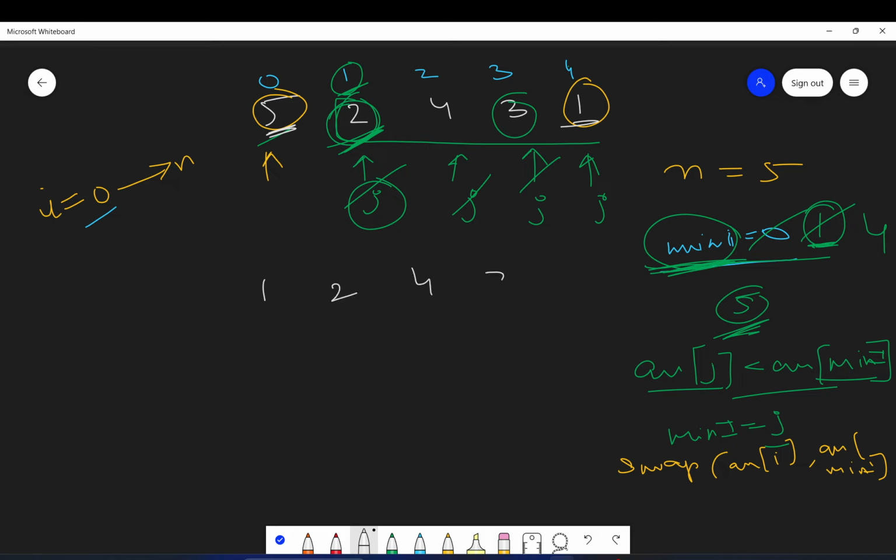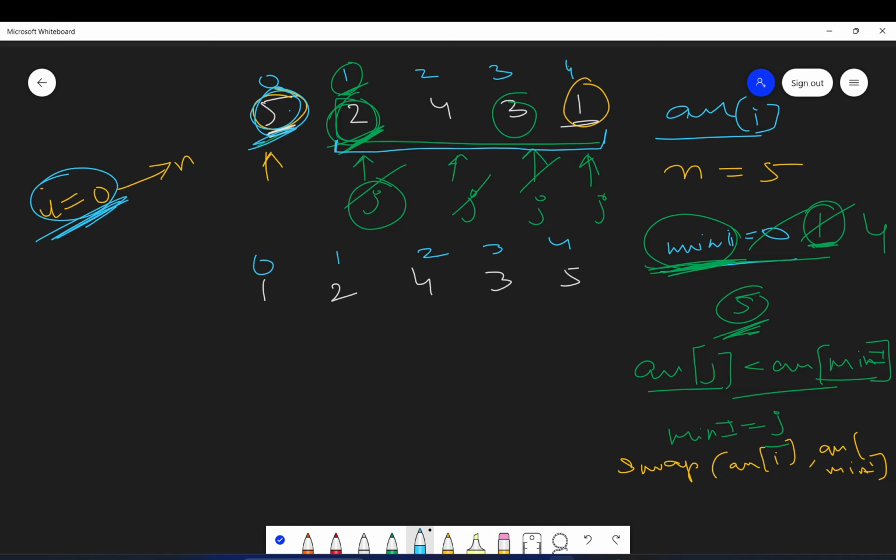So our array will become something like this, with indices 0, 1, 2, 3, and 4. So this is our one iteration. We are done with the i equal to 0 iteration. In the first iteration, we just found the minimum element and replaced it with 5, that is, the arr of i element. I hope you understood this.